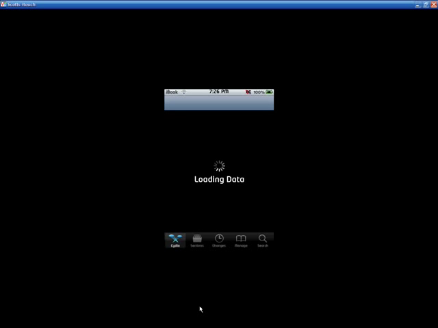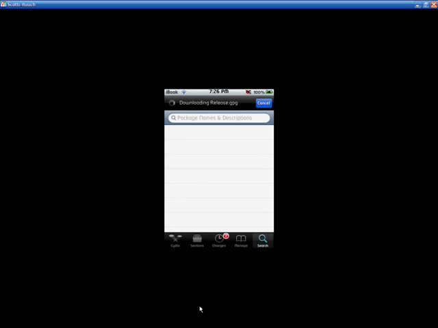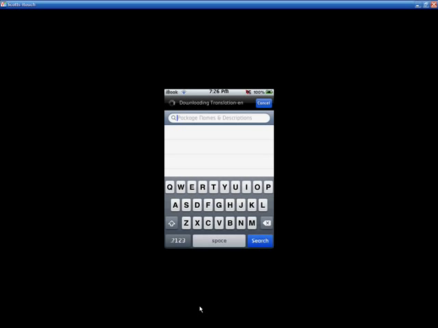So this is why I personally use IC, because this is why I don't like Cydia. Loading data. IC is nice, quick, and responsive. There's none of this waiting. But anyway, now that it's loaded, you go to search, then packages, names, and descriptions, and you want to type in Installous,